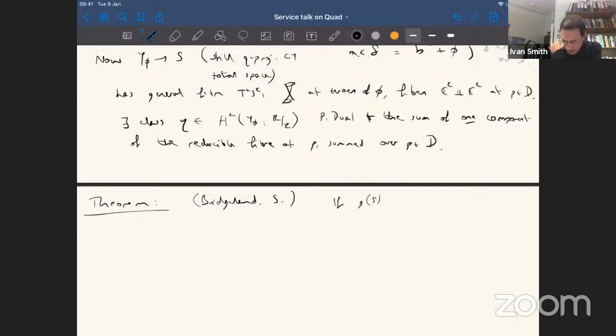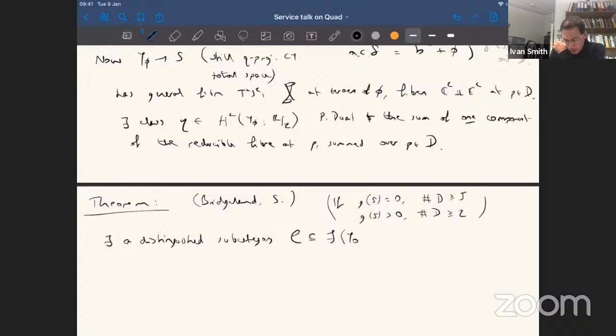So if the genus of S is 0, then the number of points in D should be at least 5, and always the number of points should be at least 2. And it says that there's a distinguished subcategory, let me call it C, inside this twisted version of the Fukaya category in which I twist signs by eta,